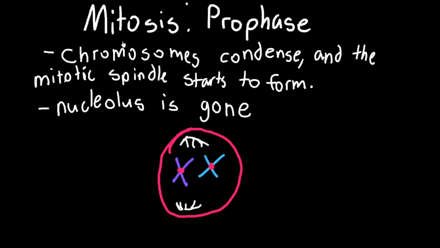As we can see, the first phase of mitosis is here, and that is called prophase. And what prophase is, basically the chromosomes condense and the mitotic spindle starts to form. So you can see here in my little diagram, the mitotic spindle is starting to form, pretty small, and the chromosomes are condensing in the middle, and the nucleolus in the cell is gone. So there's no nucleolus here. And just a reminder, these are the condensed chromosomes with their centromeres, and each one of these is a sister